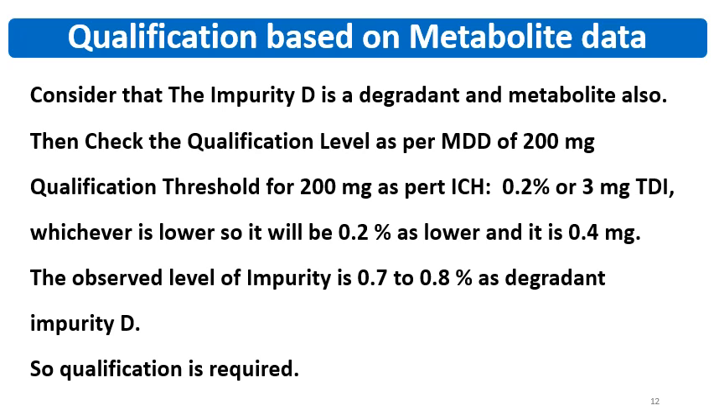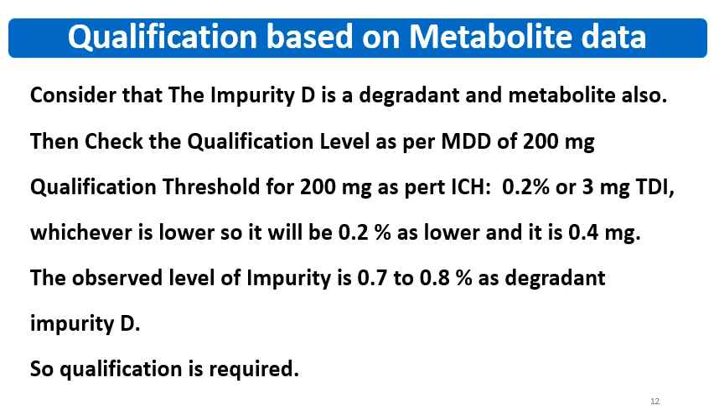Impurity D is a degradant and also a metabolite. Now you have a formulation which has impurity D, a known degradant that is also a metabolite. Then check the qualification level as per the MDD of 200 mg. If I consider a drug product or formulation, for example a tablet of 200 mg once a day, the MDD is 200 mg. The qualification threshold as per the ICH guidelines will be 0.2% or 3 mg